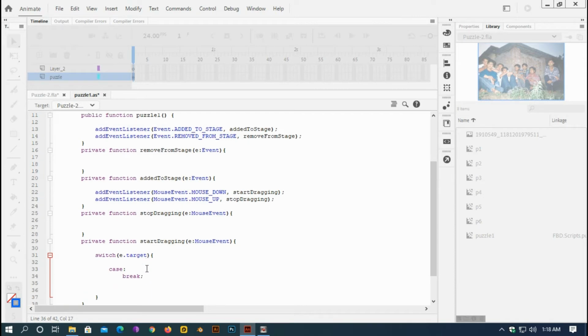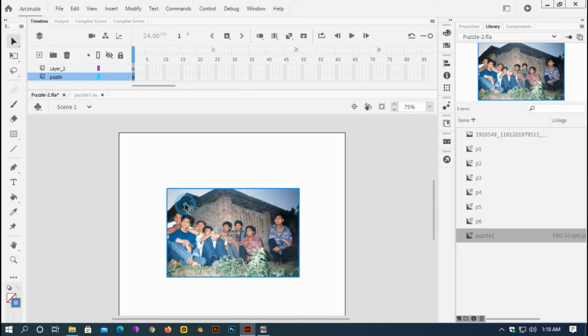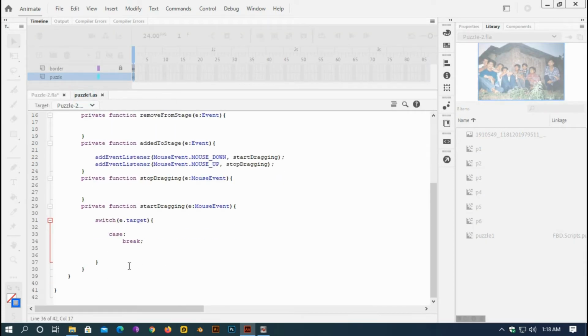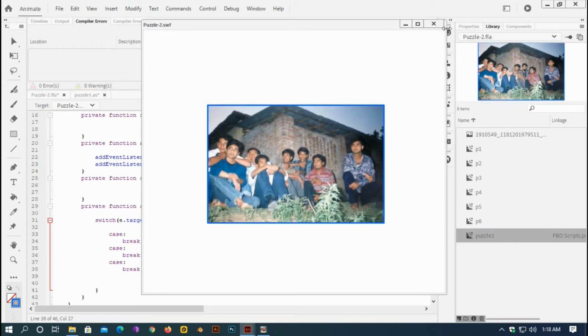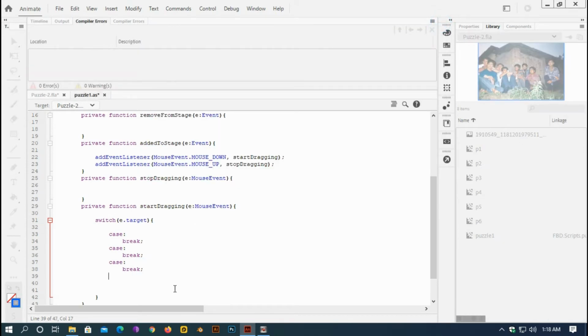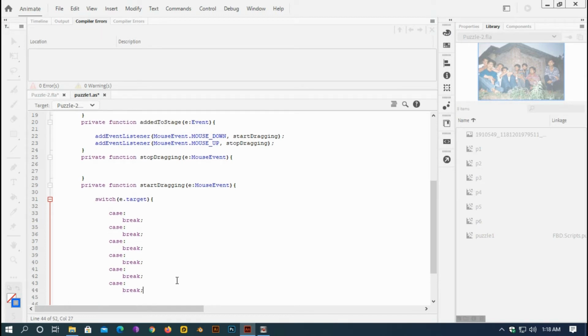So here, as I have six pieces of the picture, 1 2 3 4 5 6, I need to create six cases. So just copy this, paste it, 1 2 3 4 5 6, and so the first case would be